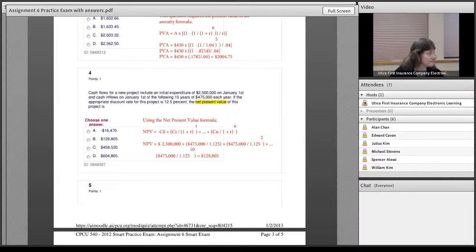Okay? I calculated it out. I did it both ways, and actually formula. When I did it the longhand way, I couldn't quite get their exact answer, and that's why I called the institute. But look at how far apart these answers are. Either negative 16 grand or, you know, almost $500,000 or 604,000. So when I did it by hand, I was